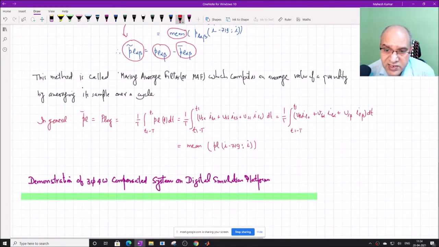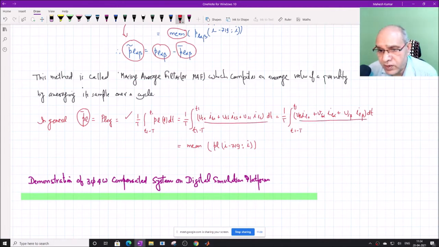Alright. In general, we can compute any average component of power, let us say the load power PL bar. In future, if we want to compute the average load power, we can use the same moving average filter to avoid any transients. So the same concept can be utilized: 1 by T, integral from T1 minus T2 to T1, PL dt. Substitute these values either in terms of ABC or in terms of 0 alpha beta components and implement in terms of the digital platform.